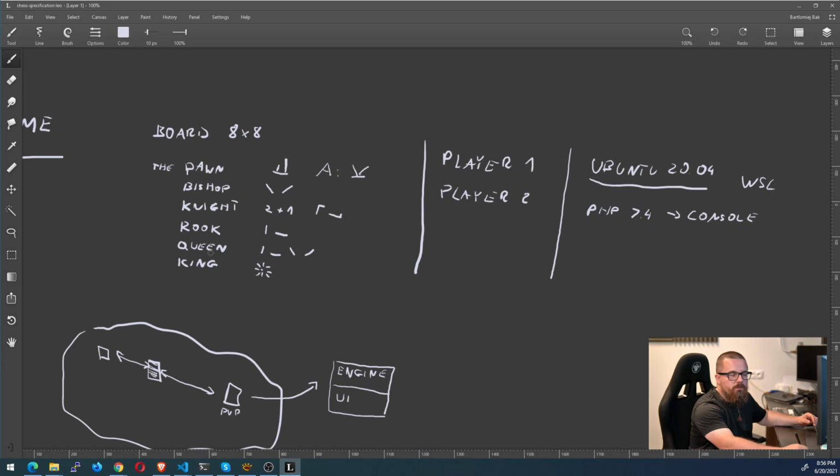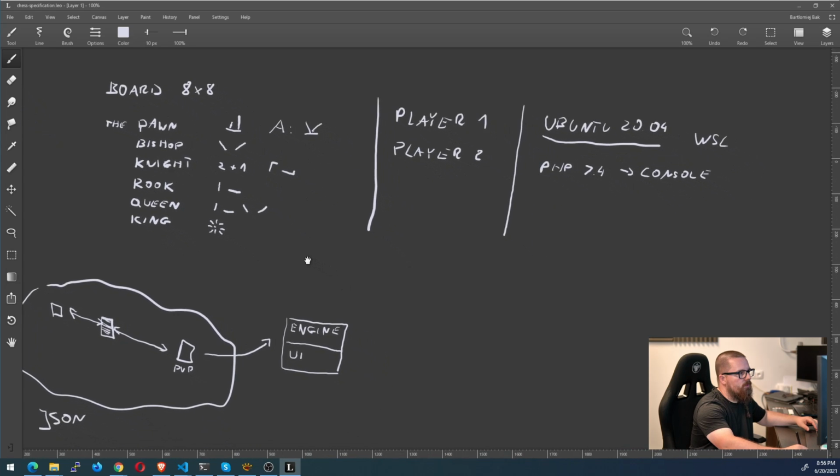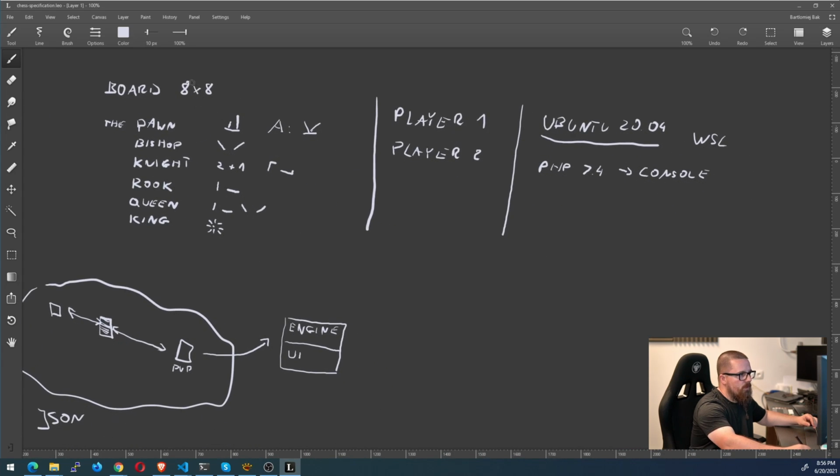As the first series is about PHP. So here we have at least three elements that we need to somehow specify how to describe them, how to implement them. Because 8x8, like a board, let's say here,